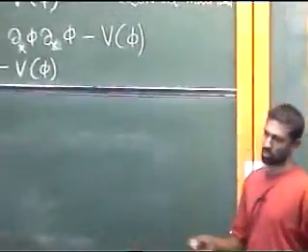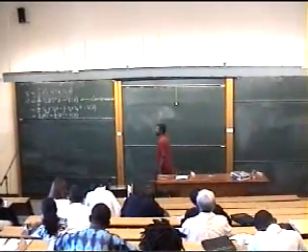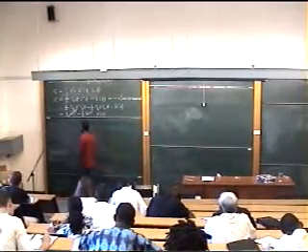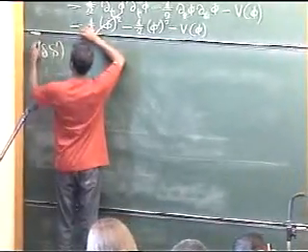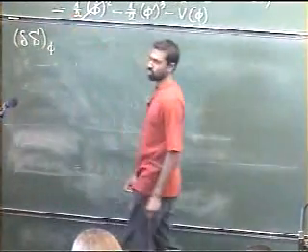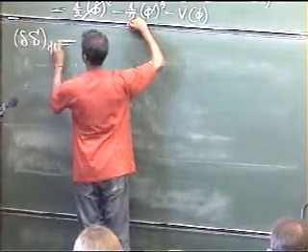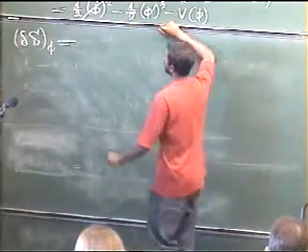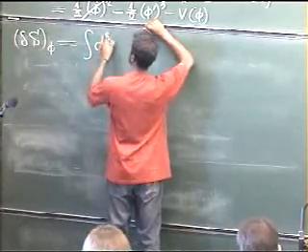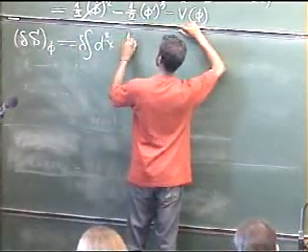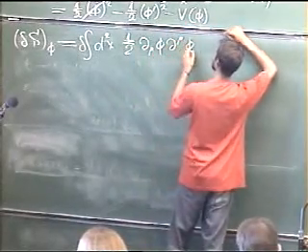So what do you do with an action? Well, from an action, you get an equation of motion. You get the Euler-Lagrange equations by taking the functional derivative. So if I have this action, and I vary the action with respect to phi, that's just the notation that I'm going to use, then what I get is the variation of this guy here, 1/2 d mu phi, minus